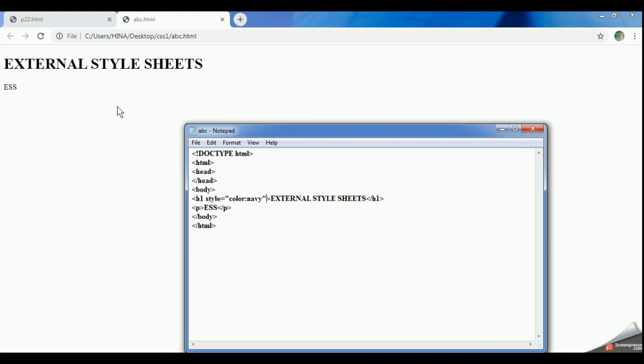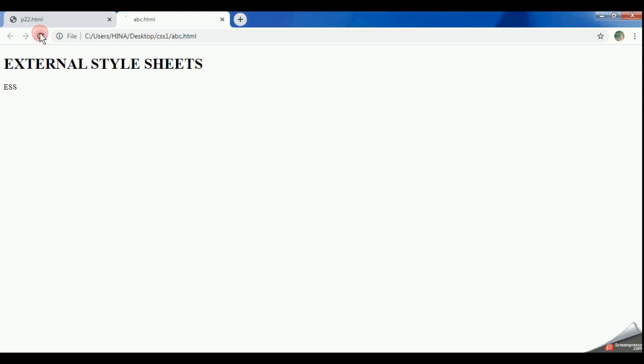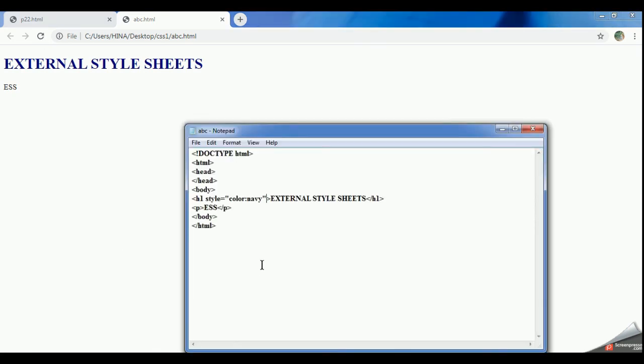Okay, now see, we are getting it. Now save this document and after saving, just execute it. Now you can see that only on the specific heading tag I have changed the color, so it is changed to navy. So this is where the inline style works.